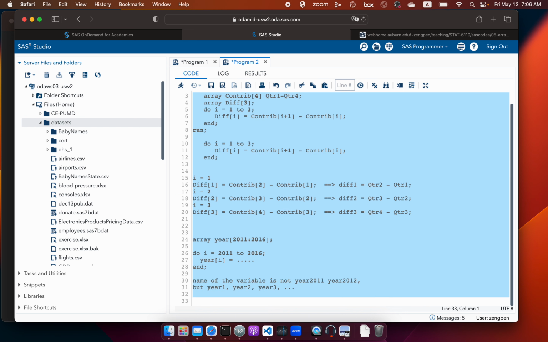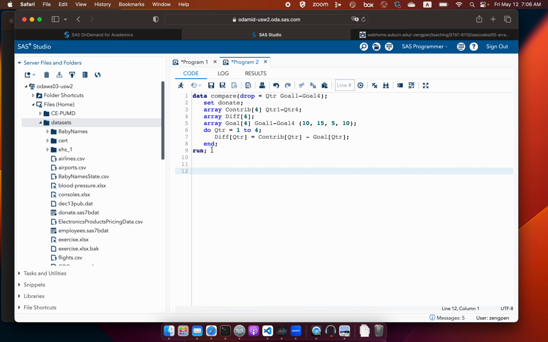Let me try to explain this one again. We want to expand this do loop to figure out what it does. In the beginning, QTR is 1, so basically we replace this by 1. So what SAS does is